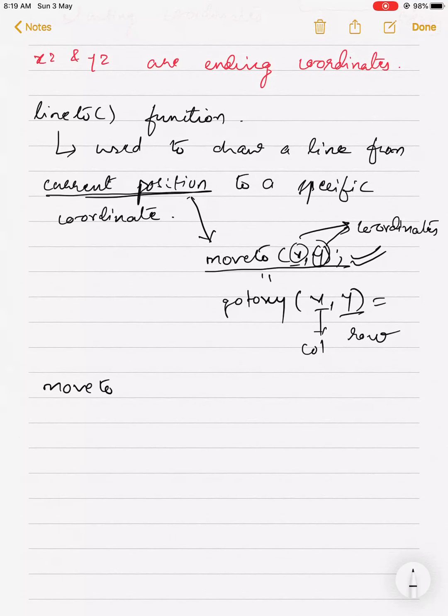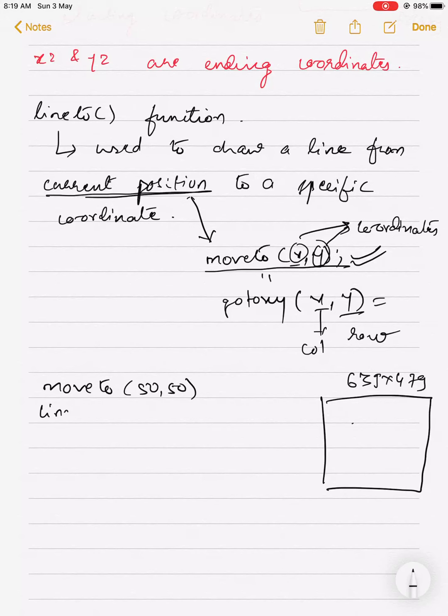If I write moveto(50, 50), in my output screen, which consists of 639 into 479 coordinate dots, my point will reach over here. Then I can write lineto(100, 150). So from here only my line will start and it will go towards 100, 150.